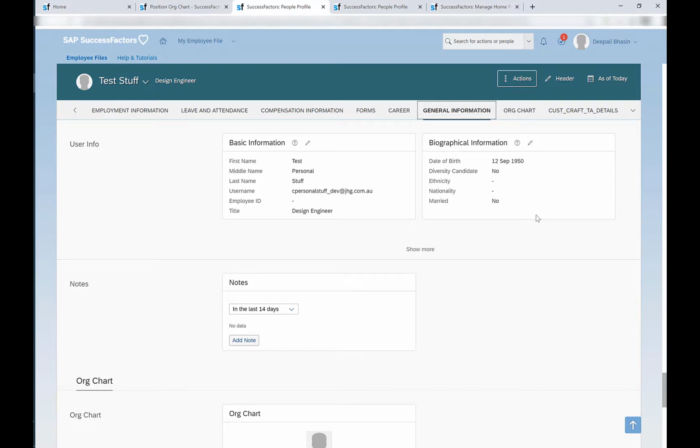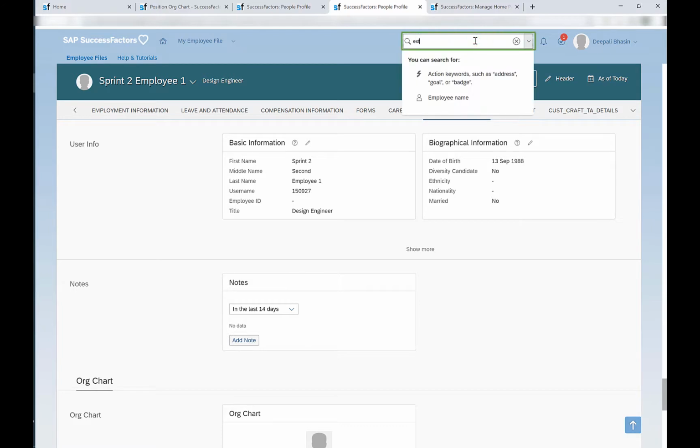So to use that, we need to go to the admin center and extended user information, and we can export the extended user information, get the template, fill the data and import the extended user information. More details about the extended user information will be discussed in a separate video. And once we have the extended user information maintained and the sync job running, the birthday and the anniversaries will show up correctly on the tile.